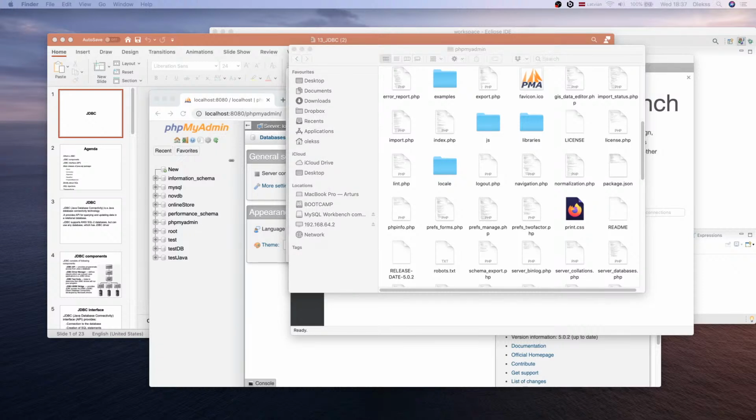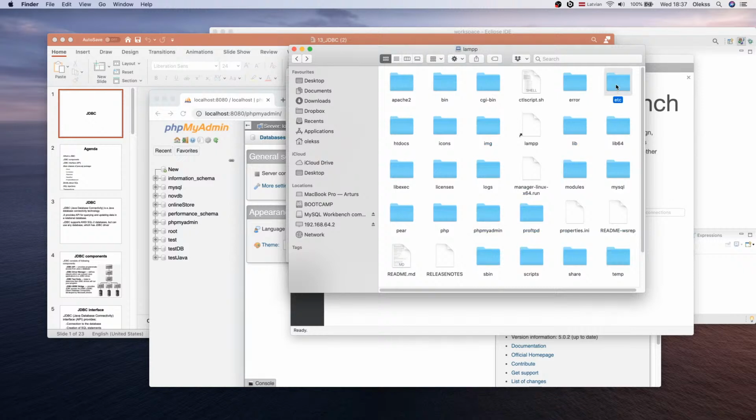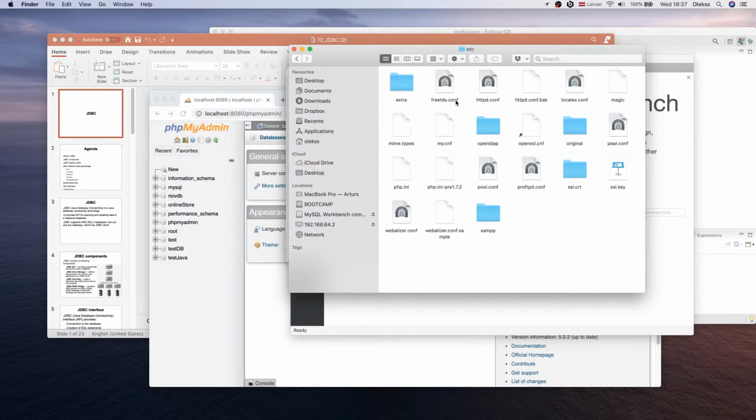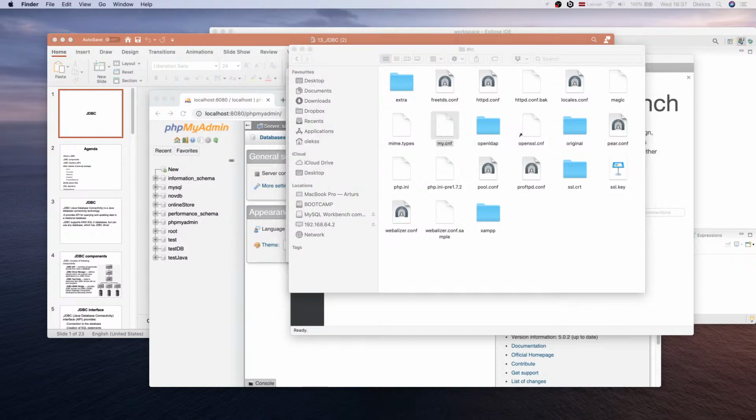There's the file. Just forget the file name. Oh yeah, XAMPP files. I think that's not the right one. Sorry, this one, yeah. etc, and from here there's my.cnf. So when you open it,